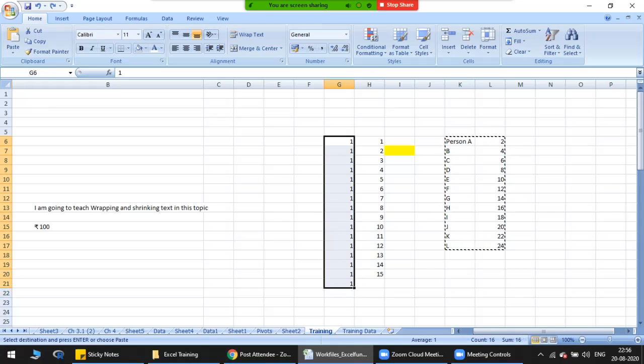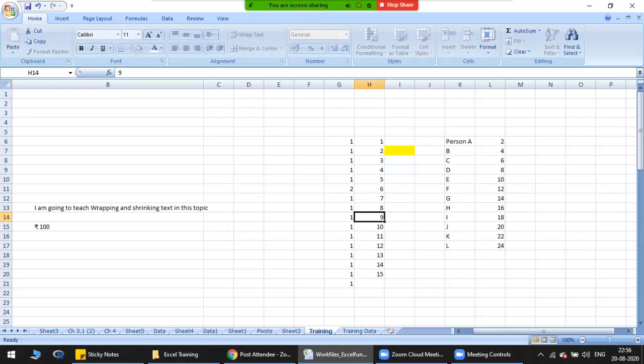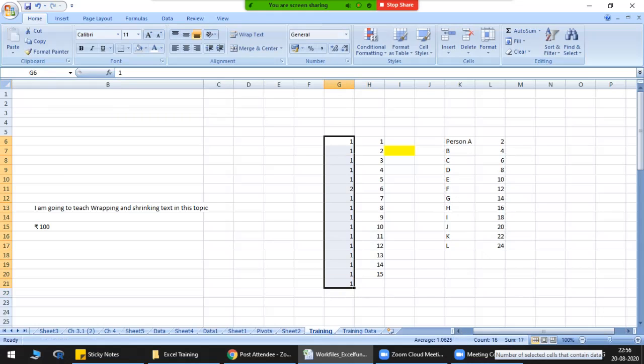Okay, let's say this number is in thousands, and I want to remove all the duplicates. I want only the unique values to remain. Let me put a 2 also in between. Now also you see that count is 16. Okay, but I want only the unique values to remain over here. Let me add a 3 also. So let me select all the cells and let me go to data,